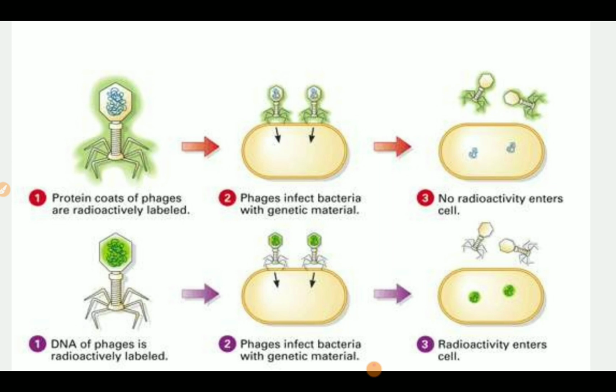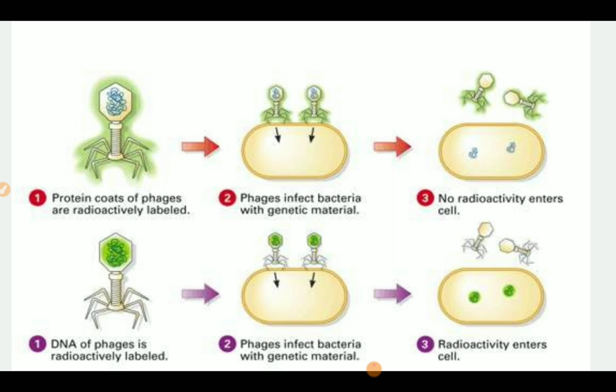So what happened again? First we made the two preparations, one culture of T2 bacteriophage with radioactive phosphorus and one with the radioactive sulfur. Now these two were allowed to infect the two strains of E. coli separately. After some infection, the viral coats were removed from the bacteria by agitating them in the blender. The virus particles were separated from the bacteria by spinning them in the centrifuge.